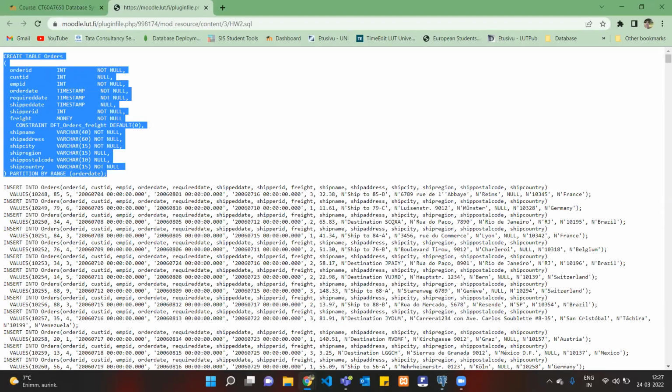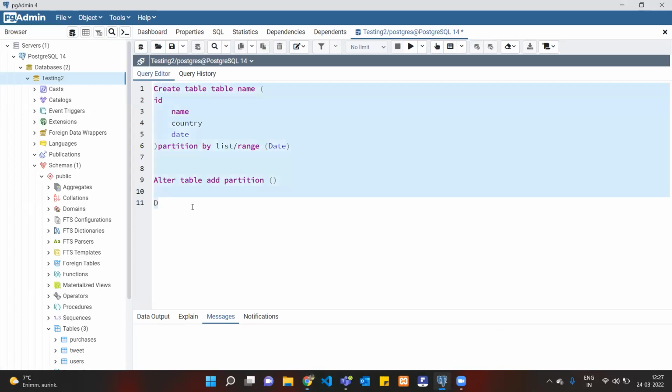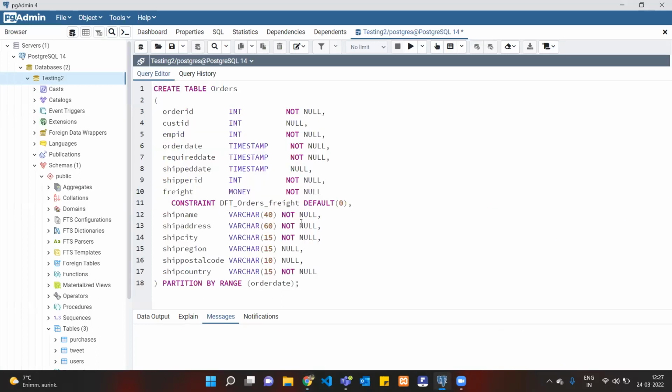So this is the table which was given for you, and you can see partition by range, and we have selected the order date. Order date is a datetime variable, so it's a timestamp, and we are partitioning by order date, and it has only one partition currently because we are partitioning this one. And in case you want to partition the same partition, I mean kind of a sub partition, if you see the question here,